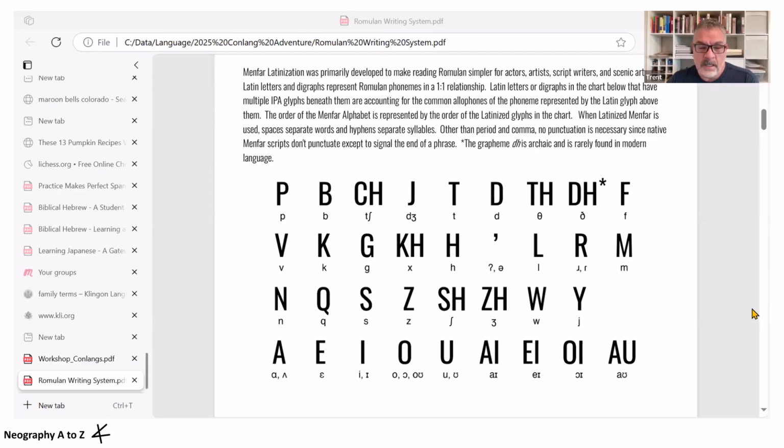So whenever you see Romanized or Latinized, however you want to say it, Romulan, this is the system that we use. And this sort of became the de facto alphabetical order of Romulan. It's actually really just English alphabetical order, but it's the voiceless and voiced consonants and then the rest of the consonants after that. And they're just paired, if that makes any sense. So that's the Latinization that we used. If you scroll down to the next section,